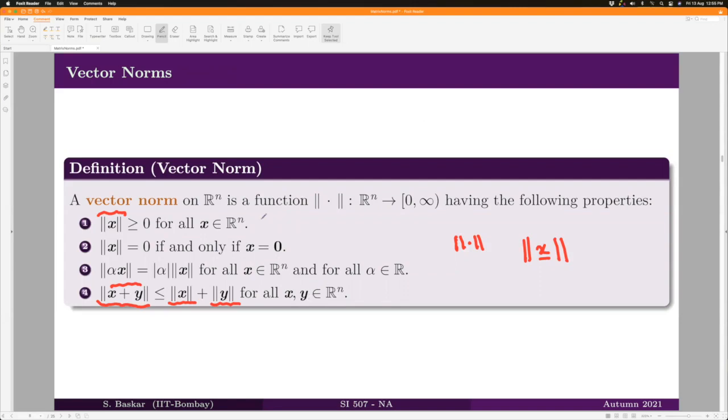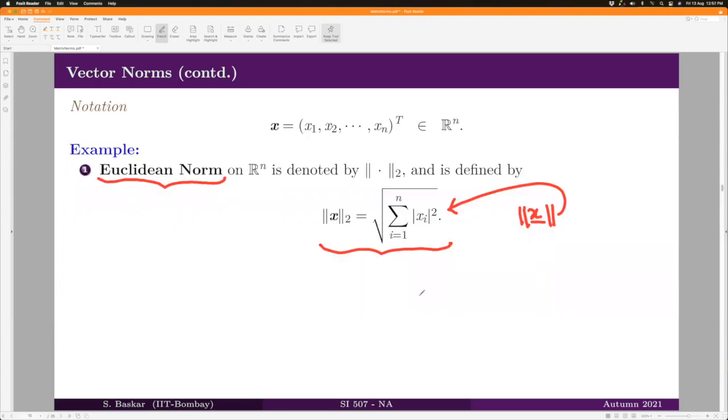Of course, we listed all these properties as the definition of norm by keeping the distance concept in mind. You can see that distance between any 2 points is always a positive number, right? In general, we call it as sign distance. And if you say that the distance between the point x and 0 is 0, it means it's a 0 vector. That is also true. And the other two properties also one can see very clearly that they hold when you keep distance concept in mind, right? Since we kept the distance concept in mind and listed all these properties, naturally your Euclidean norm will